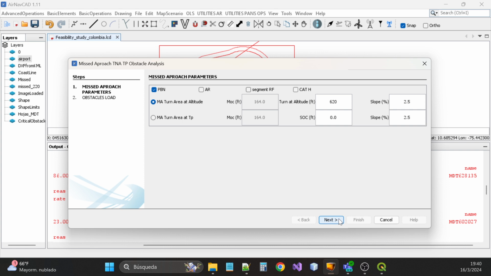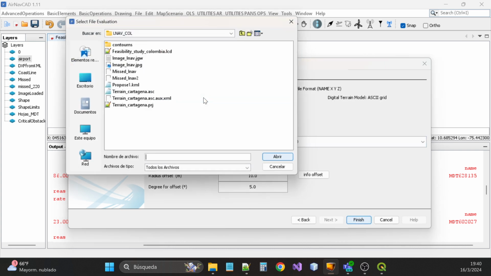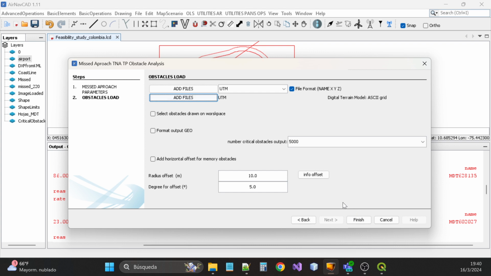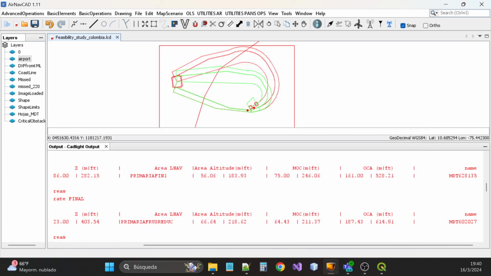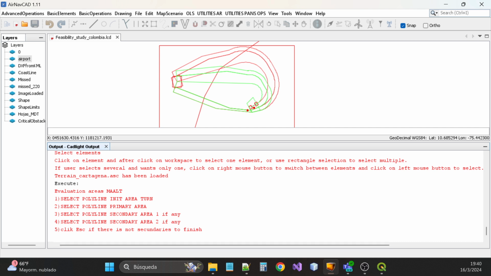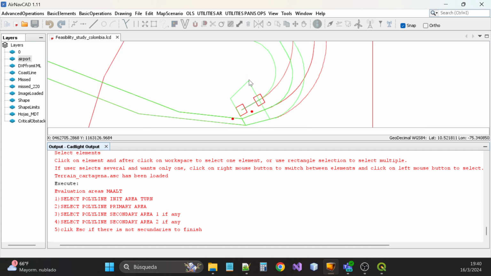Okay, next, and here in the same panel as before, you have to include the terrain data that we downloaded, terrain CARTAGENA AXI file, and click finish. And the program tells you that you have to select the turn initiation area, that is this part of the LNAV that we had to draw. Select polyline init area turn. Okay,